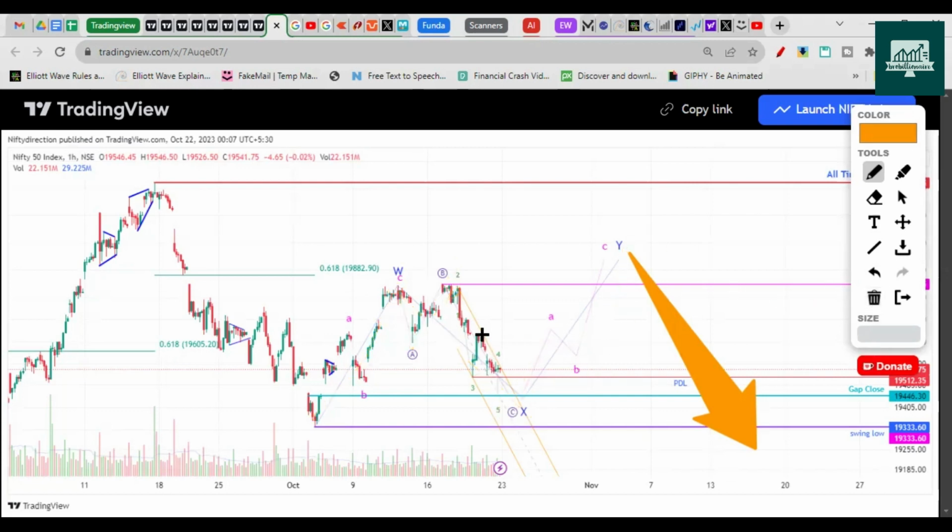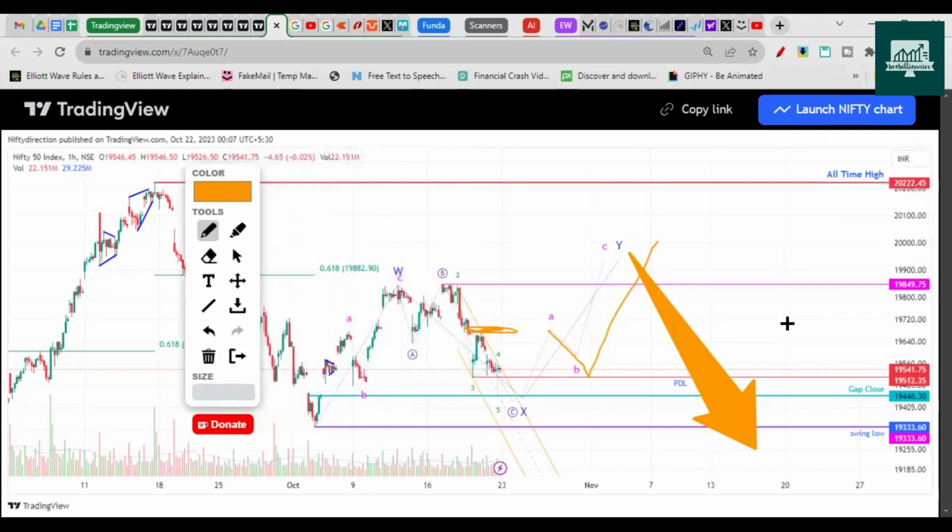We can label this as X wave, and then we will have A, B, C waves going on upside. So now here the A wave will go at least towards this, break this swing, right? Then give a pullback, maybe a deeper pullback is possible, and then the C wave will break this high of 19,850. Maybe it will make a high between 19,880 to 20,000, right? Around a 100 points range it can make a high and then start the correction.